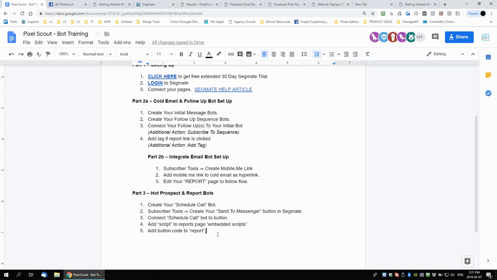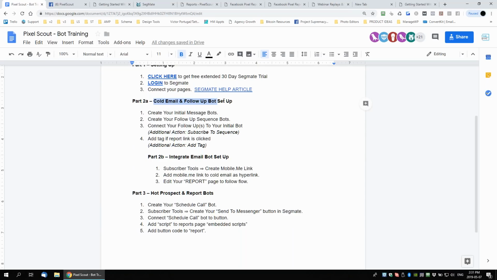You do not have to do it this way. You could do it any way you want. You can change your messages, you can change everything, but this will show you how to get things done, give you some ideas, get your juices flowing. Once you have the understanding of how things work, and that's what we're going after, giving you an example of how different items work, then you can become as creative as you want. So this is only an example. It's not the only way to do it. So number one, the first thing you're gonna do once you have your pages connected is